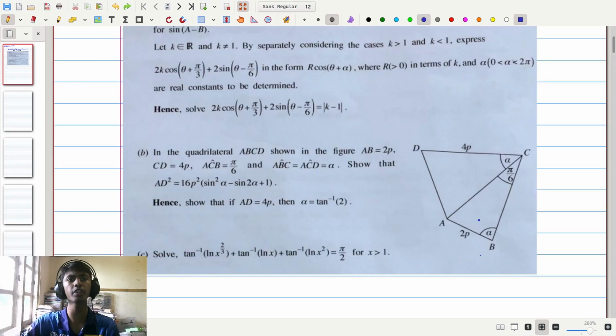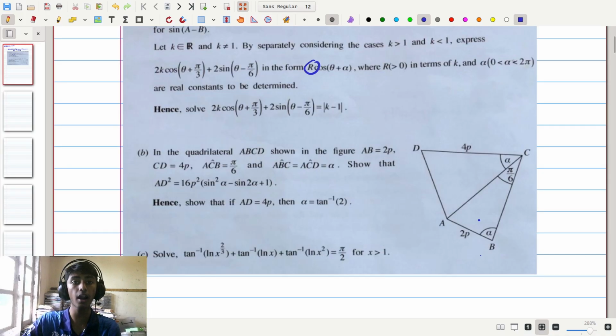So anyway, moving on to the next part, it says let k be an element of the real numbers and k not equal to 1. And then by separately considering the cases where k is greater than 1 and k is less than 1, it asks us to express 2k cosine of theta plus pi by 3 plus 2 sine theta minus pi by 6